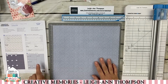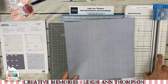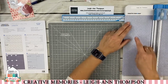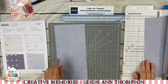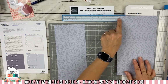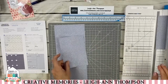So the next page, last one, you're going to have a 5.5 by 12. This page pattern, it doesn't matter which way, so you're okay to turn it however you like. So the first one is a 12 by 5.5. Like I said, I like to cut my longest pieces first. So my 5.5 is here. That one's done. And then I should have 6.5 by 4.5. So with this, I should already have my 6.5, which I do. So I'm just going to turn my page, do 2 4.5s. 1,